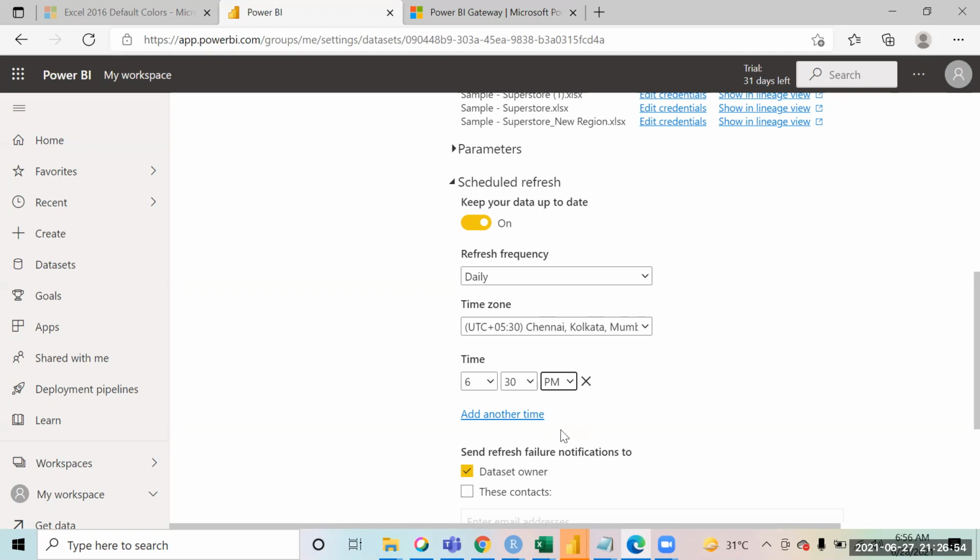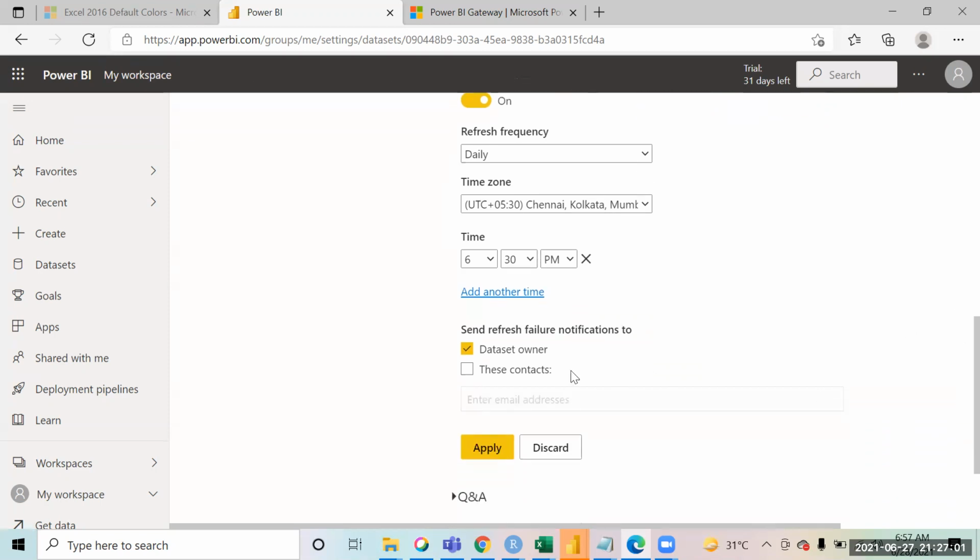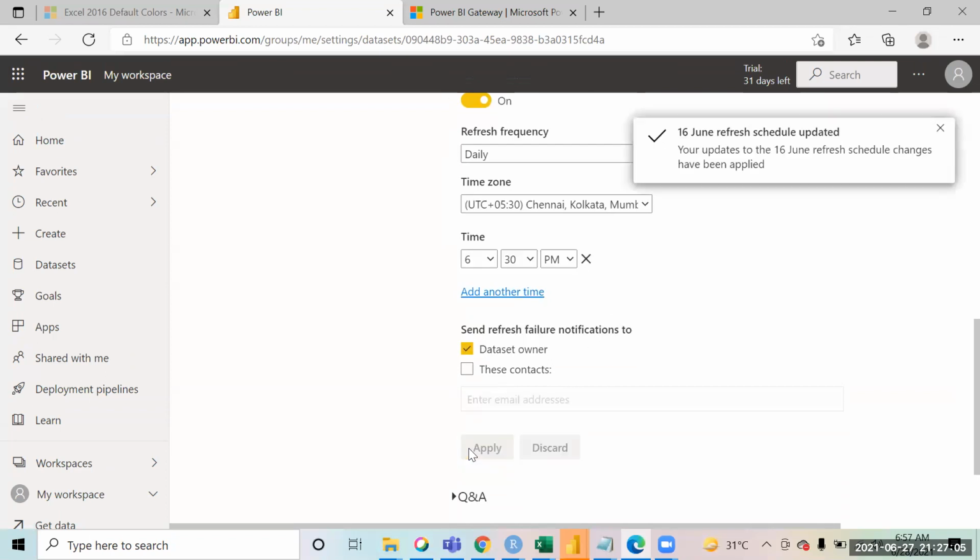If it is not connected, the refresh will fail and you will get an email from the Microsoft team that the refresh failed. Then click on apply and your refresh is done.